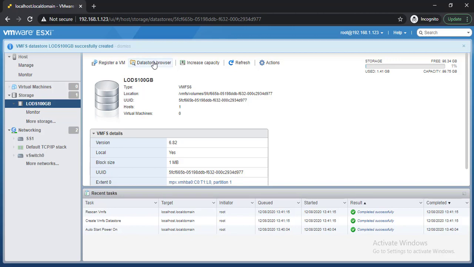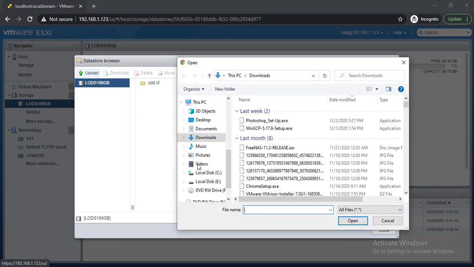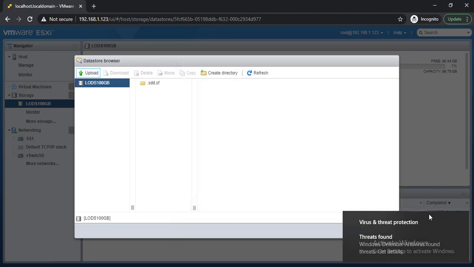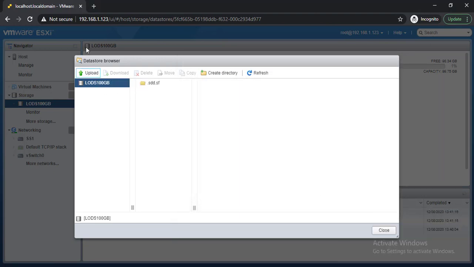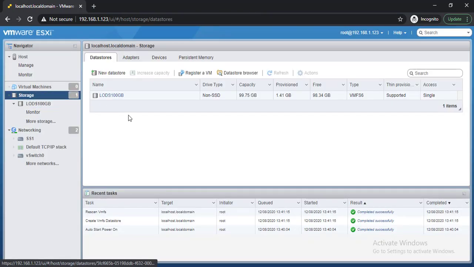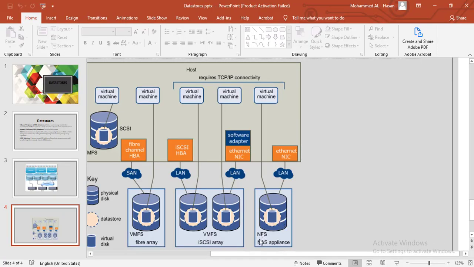If we click on the data store, we can browse the data store and upload what I want on the data store. Okay, now we have created a local data store. The next step, I will create an NFS data store, but the NAS appliance I will